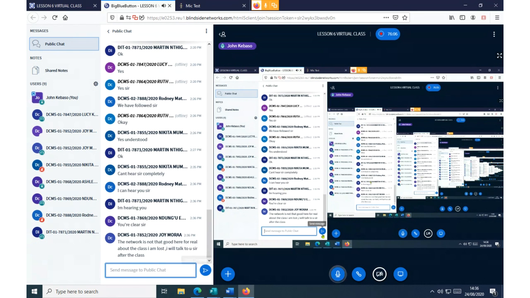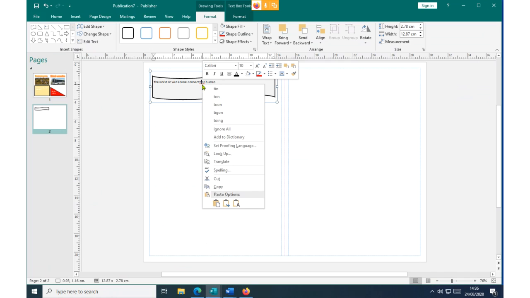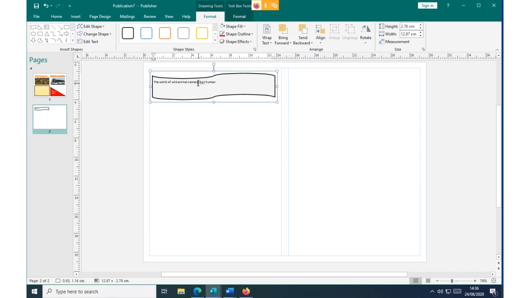So inside here, we are now starting to talk about the information inside our brochure. The information in the brochure must now communicate the specifics, like the world of wild animals' connection with human beings is our mission.